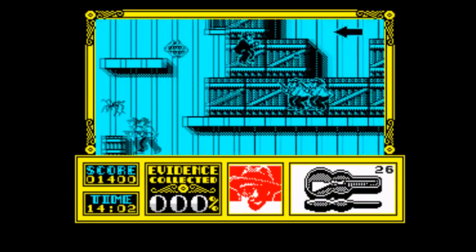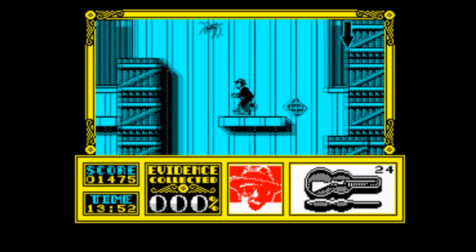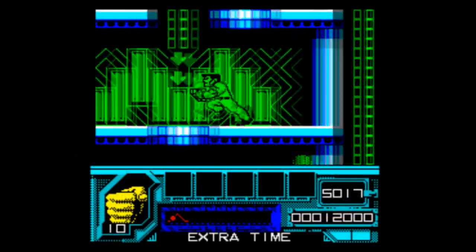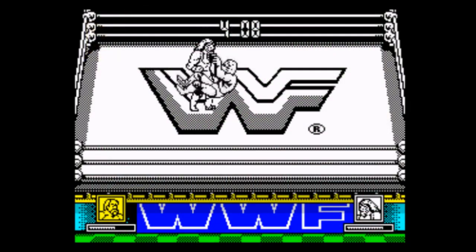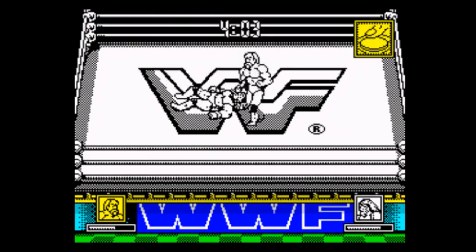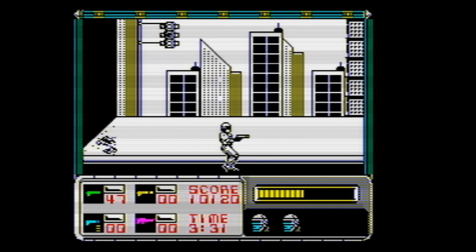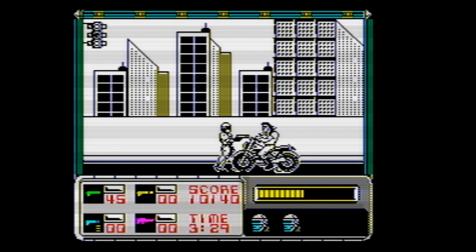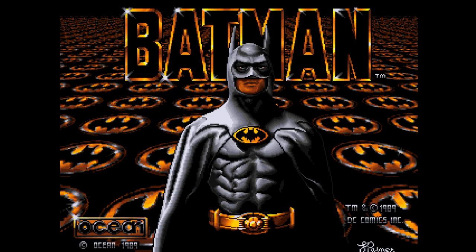Anyway, to cut a long story short, they were for a time one of the UK's most successful software houses, and one of the ways they got there was through a whole load of movie tie-ins. A lot of these games are utterly forgettable, as is the case with most movie tie-ins, but if you asked people to name their two most famous ones, well, one would be Robocop, Ocean's tie-in game that was top of the Specky charts for about 2 years and was bloody good indeed, and the other would probably be this, Batman